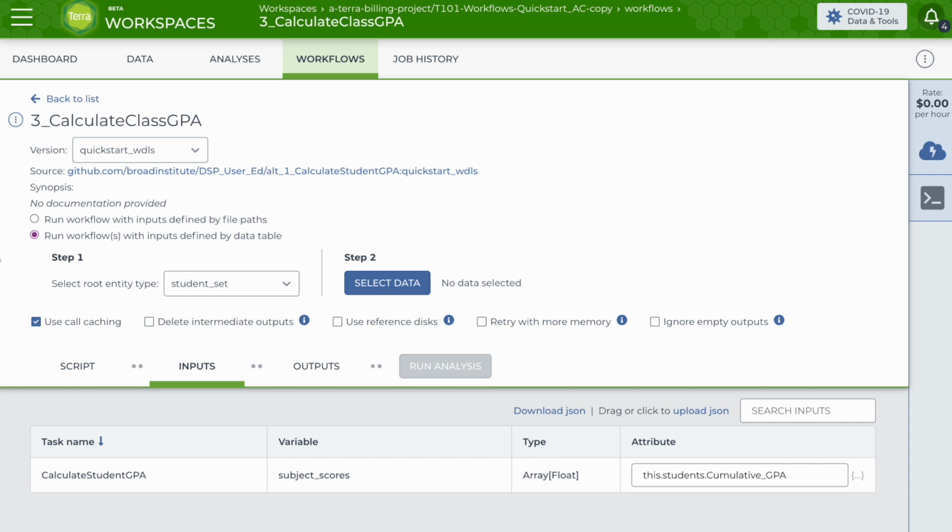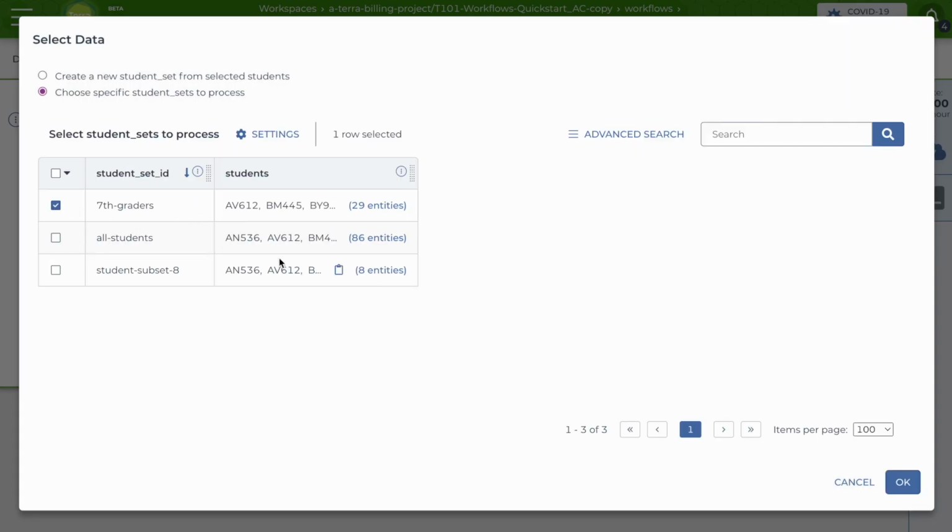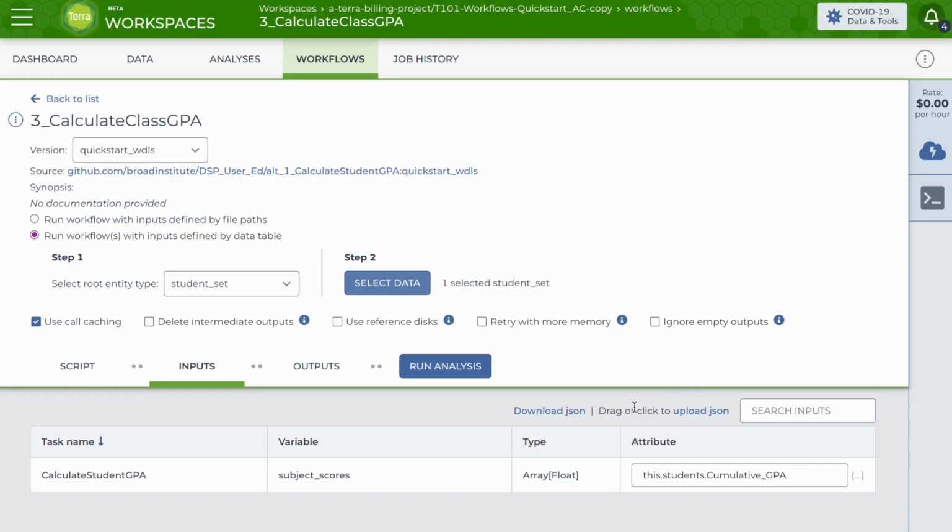Step 1, we're going to select the root entity type. It is taking the student set, not data from each student individually. So that's the correct entity type. We're going to select the data. In this case, it's the 7th graders. The attribute is